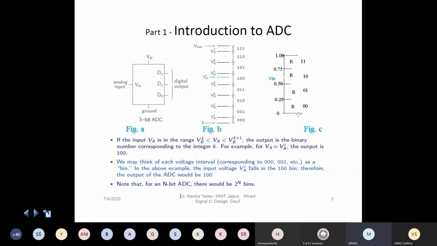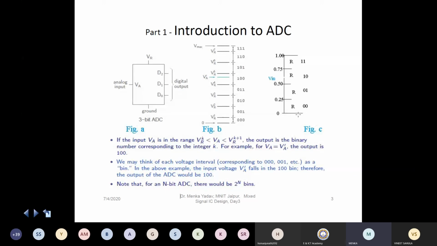What we are going to do is VA is converted to the equivalent K digital. Okay. So for example, VR1 is given. In other words, if my VA is lesser than VR1, it corresponds to all zeros. Likewise, if this lies between VR1 and VR2, it corresponds to 001. And likewise, if this VA dash is somewhere between VR4 to VR5, it means my digital output is 100. So this is one type of convention we can use.